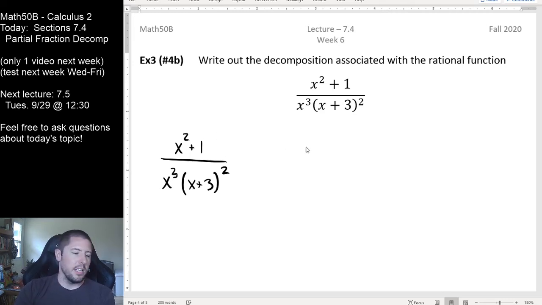So what's going to happen here that's different than before is that before, each of our factors only cropped up one time. We never had a cubed factor or a squared factor. What we'll want to account for here is the possibility that a denominator of x, a denominator of x squared, and a denominator of x cubed are all possible chunks that might contribute individually to make up this fraction collectively. So if I'm going to decompose this, we're going to get an individual chunk of each of the possible